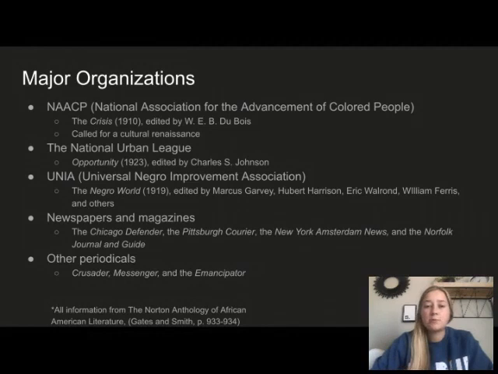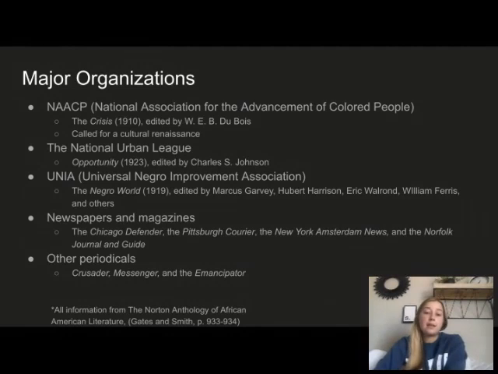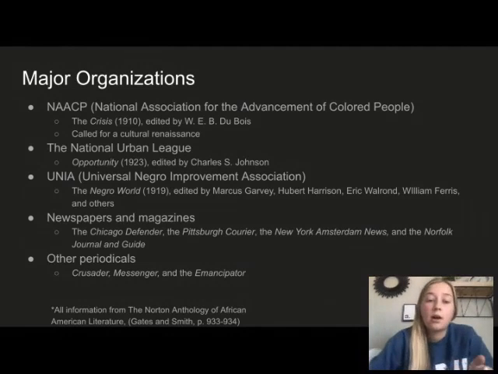works in this were The Crisis, which was edited by W.E.B. Du Bois, and this organization and this work specifically called for a cultural renaissance. The National Urban League, and this consisted of the work Opportunity, which was edited by Charles S. Johnson,